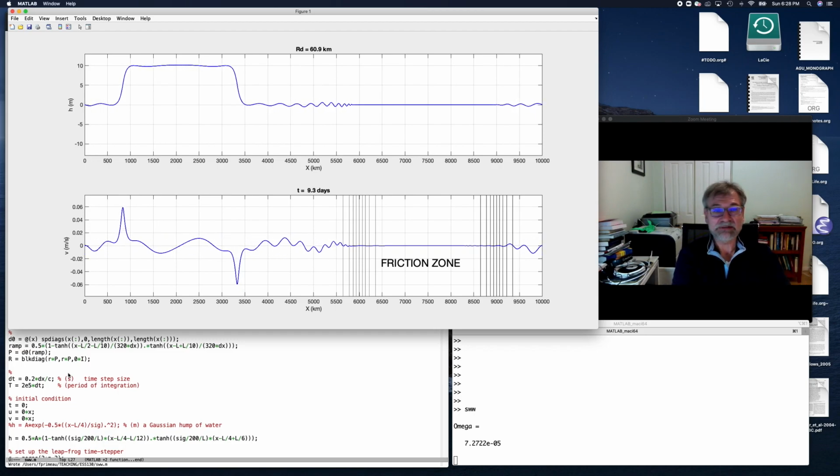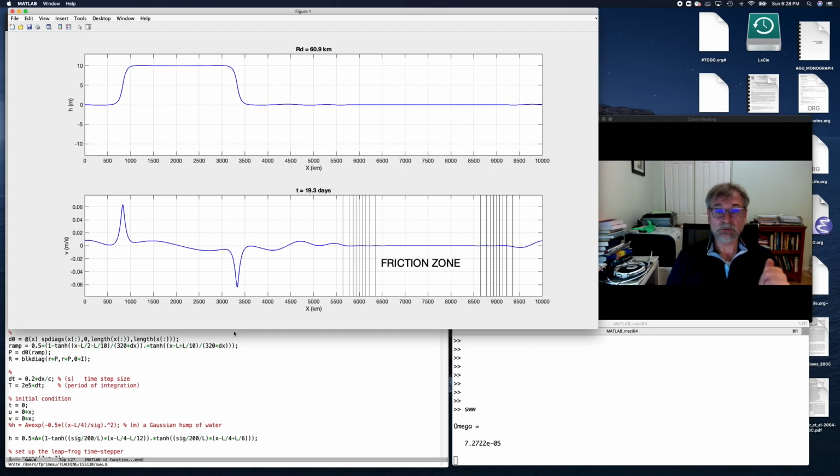And now something very different happens. There's that initial box of water. After we broke the dam, it radiated some waves, but it's kind of staying in place, right? And what you see is a kind of jet of the current at around 750 kilometers. There's a northward jet, and there's another one at around 3,250